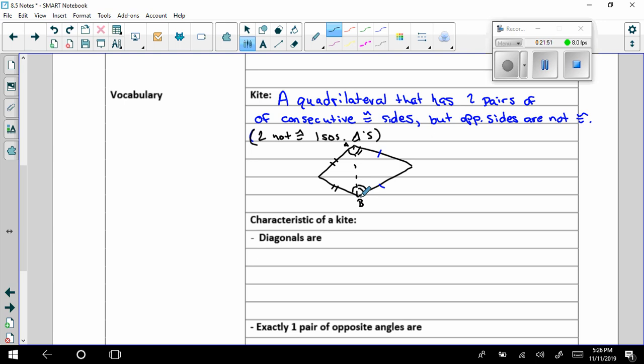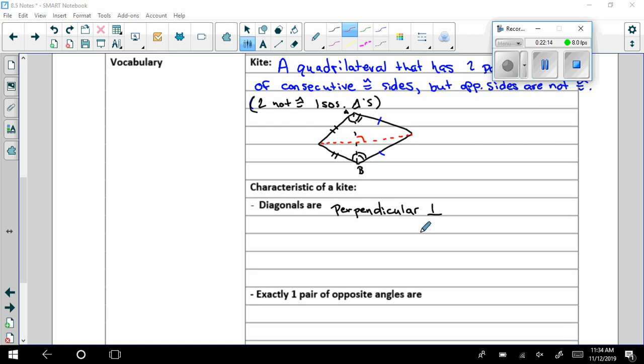So characteristics of a kite, the diagonals are perpendicular from each other. So if I draw this other diagonal, these form right angles. Okay, so redrawing this here, maybe. Okay. So yeah, the diagonals are perpendicular,